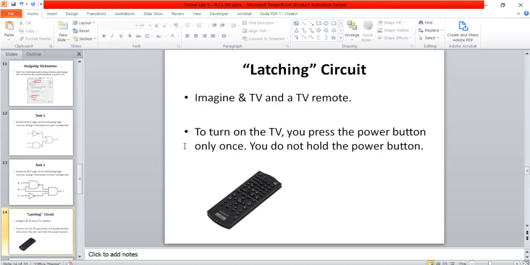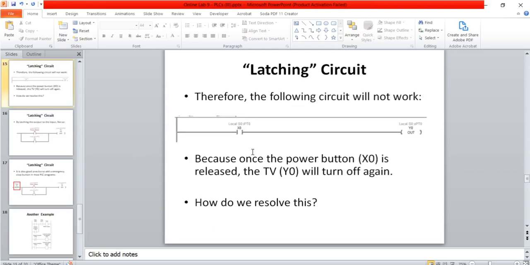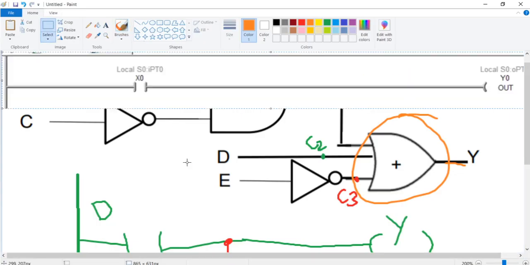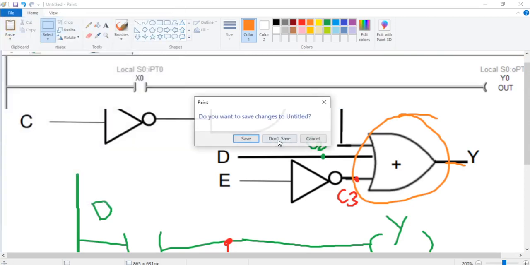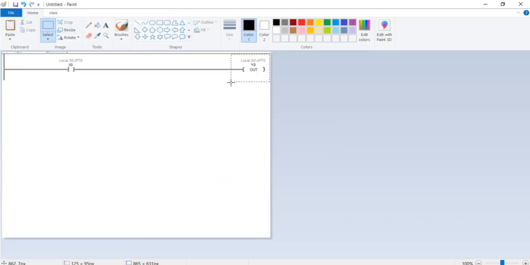So let's say, for example, I have my TV and obviously I have a remote. So to turn on my TV, I press the on button of the remote. I press it once and then I release it. So that would actually look something like this. So I don't know if you can see that clearly. I'll see if I can zoom in. So let's just shift this here